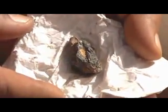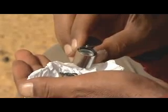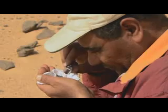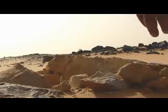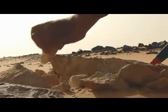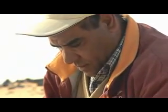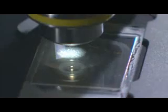And tests in Cairo revealed that tiny, shiny particles in the rock were diamonds. Similar diamonds have been found elsewhere where meteorites have landed, created by the high temperatures and pressures during the impact. Barakat is now searching for more signs of an impact in the sandstone rocks in the area. A large meteorite smashing into the ground leaves behind other clues. Under the microscope, the tiny grains of quartz, which this sandstone is mostly made